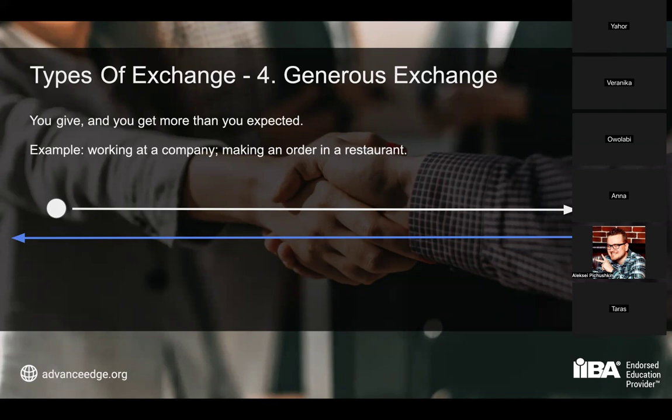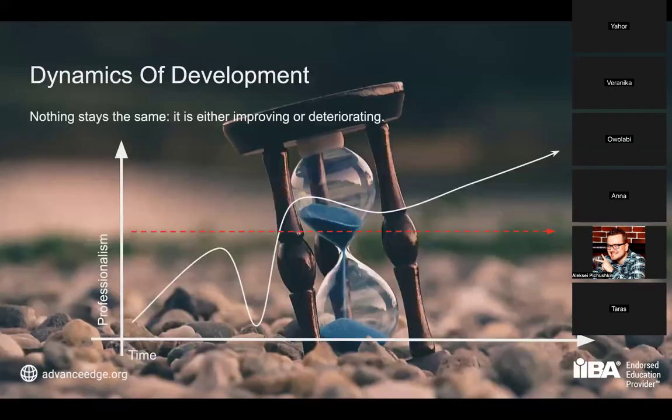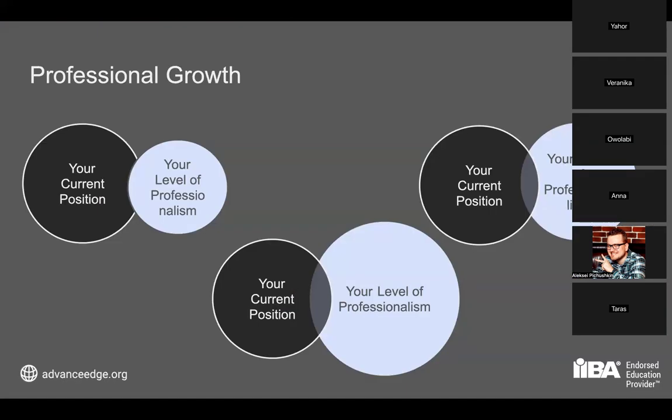So now let's turn this and look at it from the other side. When you are not the one who is getting more, but you are the one who is giving more, right? So at your workplace, again, back to this very picture with your current list of responsibilities and your current level of skills and what you can do, you are not doing just what is expected from you. Well, professional growth is probably not possible here, right? When that much is expected and you are doing only this. It may happen probably in some extraordinary scenarios, but typically it's not what happens in life, right?